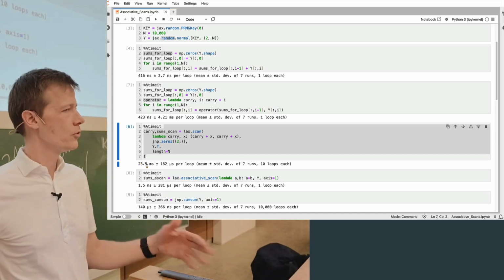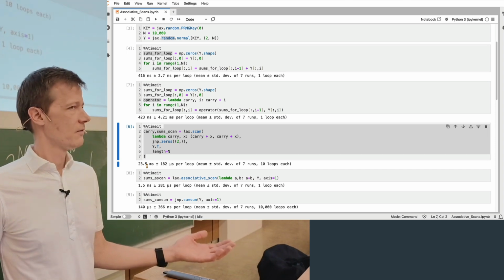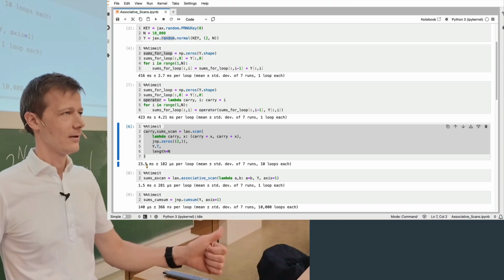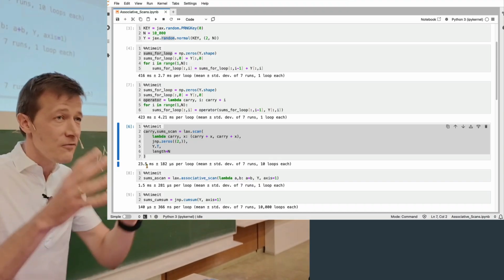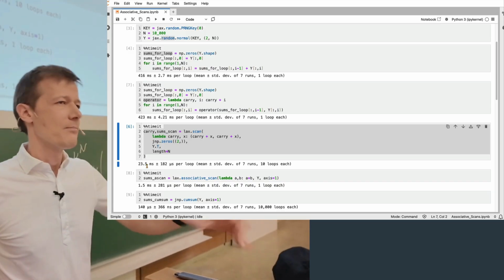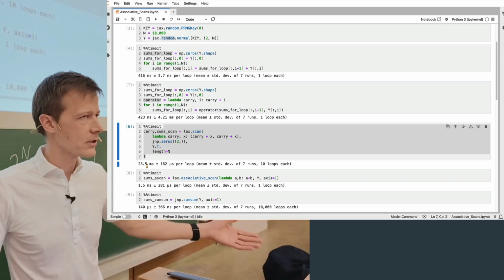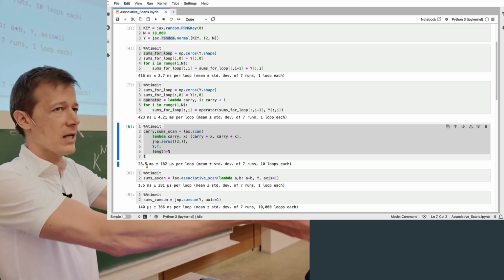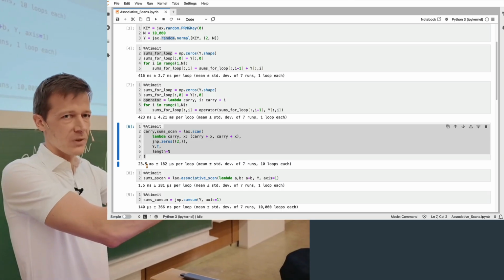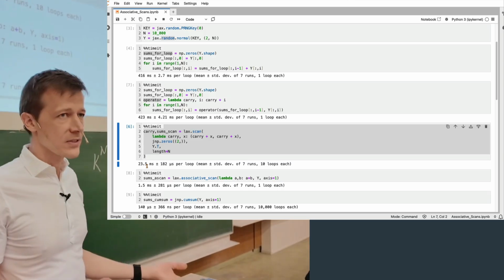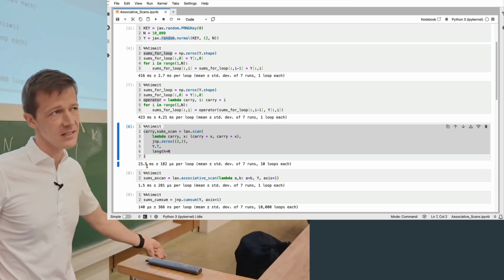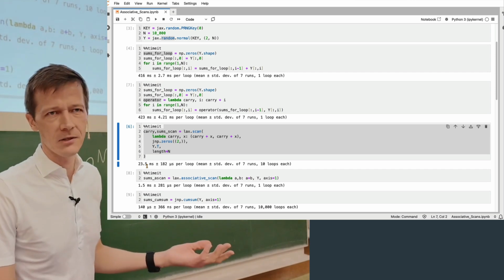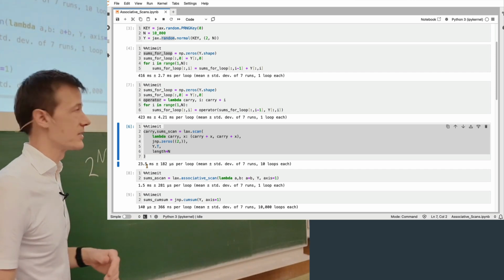Okay, who knew of scan operations before? People who have taken some functional programming. Okay, not so much distributed computing. Good. So it's worth doing this. Great. Cool. So there's this thing called scan, and the thing we're doing here is literally just that Python for loops are super inefficient because it's an interpreted language. So we're doing a little bit of extra work to tell JAX about this local structure, this scan operator, and then that allows us to call a much more efficient library that's written in C, or C++, I think, actually, to do this for loop faster. Okay, fine. But it's not mathematically interesting. It's just engineering. But you can do that for yourself.